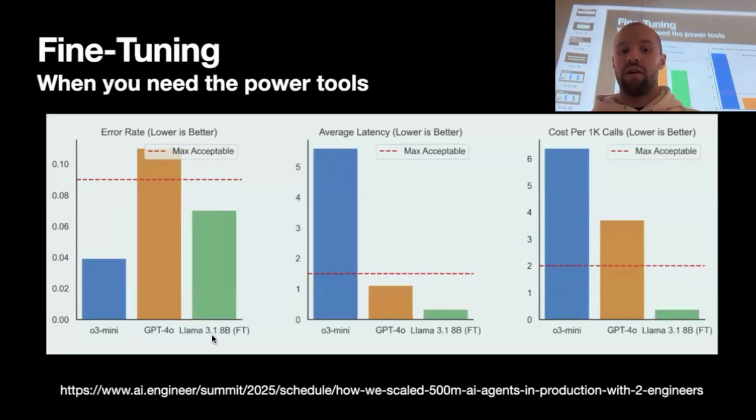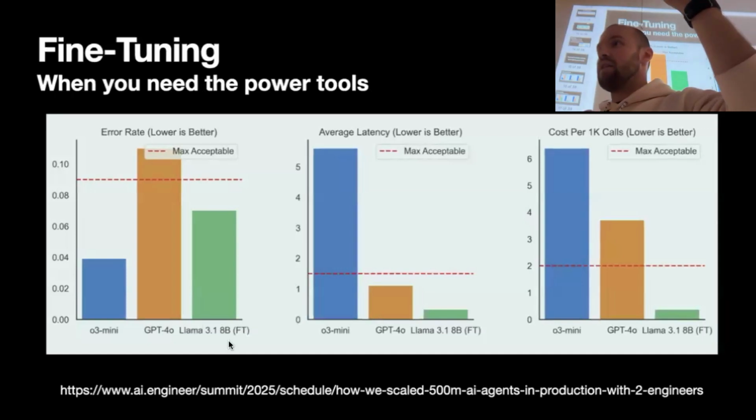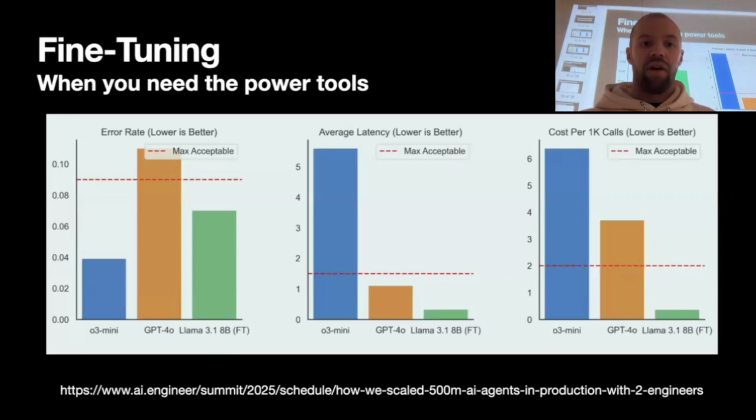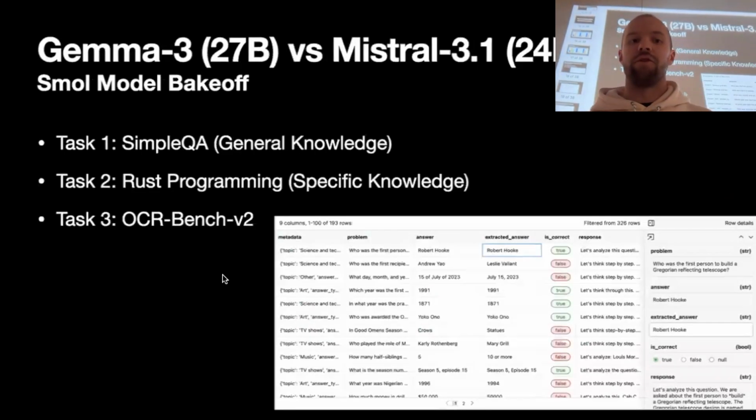So then they fine-tuned a Llama 3.1 8 billion parameter model to get under their desired lines on each one of those axes. So if you really know what data is coming in and out, and you really know your task, and you draw these lines of what's acceptable, that really helps steer the process of using these small LLMs. So what I wanted to walk through today was doing that on Gemma-3 and Mistral 3.1,